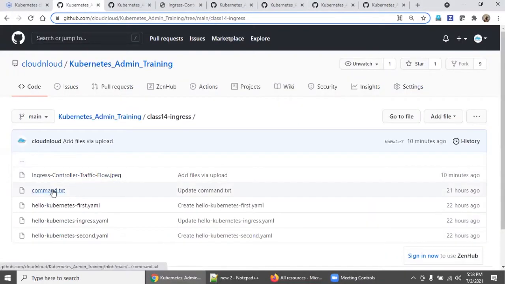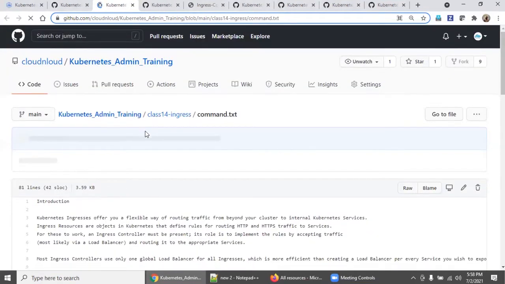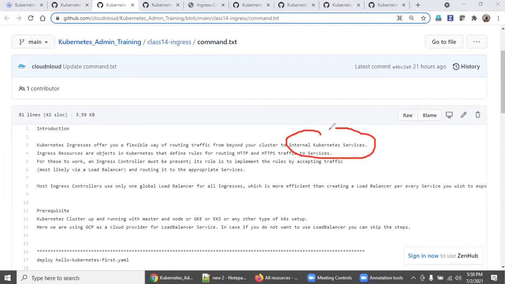First there is a command.txt. Open it in Notepad. So what is Ingress? Just now I explained: routing traffic from beyond the cluster to internal Kubernetes services. If you have multiple services, Ingress is capable of rerouting based on conditions.